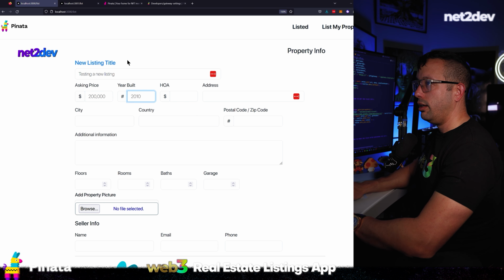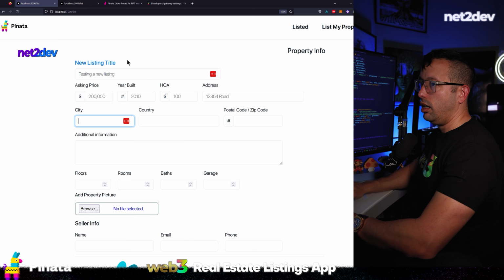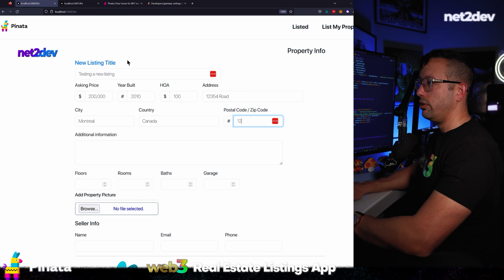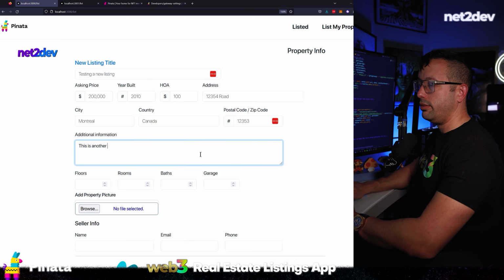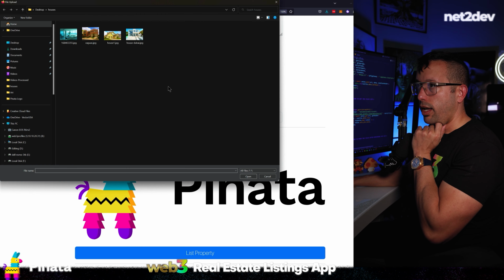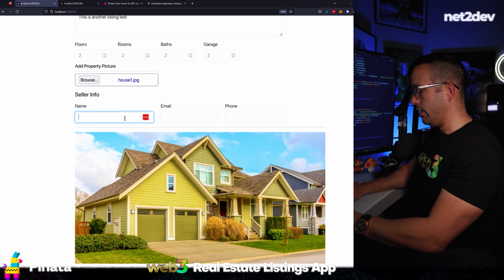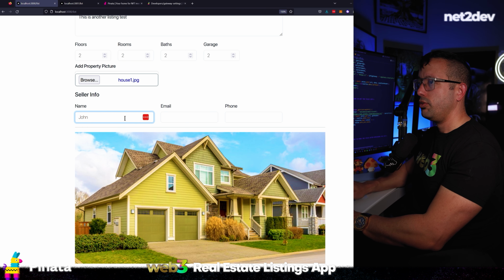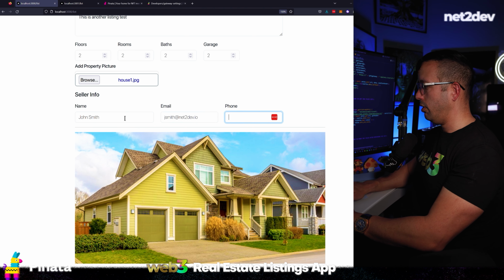and 2010, HOA 100, address 12345 Road, city Montreal, Canada, 12345. So just put something here. And then this is another listing test, and we're just 2, 2, 2, and 2. And we're going to add the picture now, okay? And let's add this house right here. We should get the update right here. Boom, looking perfect. And we're going to say John Smith, J Smith at net2def IIO, and